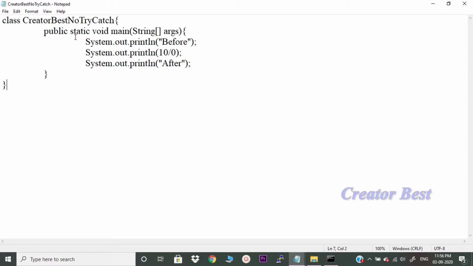In that, System.out.println is one simple statement in which I am printing "before", and the next statement is the problematic statement. 10 by 0 is an arithmetic exception. This should cause an exception. The other one prints "after". Let's execute this program.